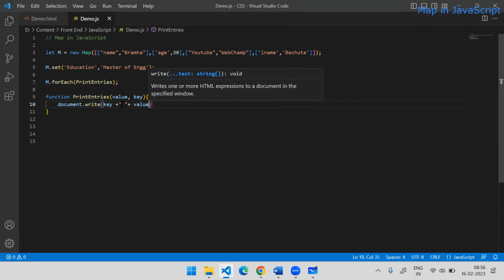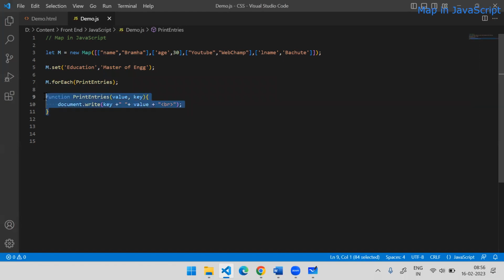So plus is a concatenation operator. It is used to join two or more strings in JavaScript. And again, I will concatenate a break, so that it renders this break tag inside the HTML DOM, so that we can see each of the entries on a new line. This is one way